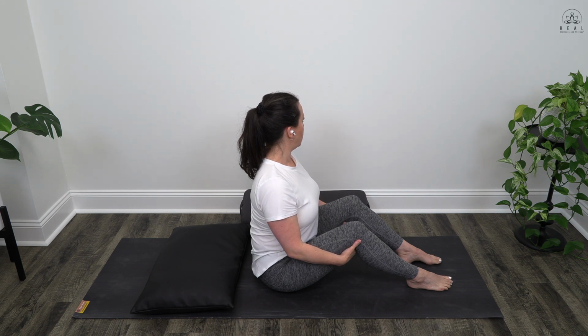Slow, deep inhale into the belly. Exhaling out. Slow, deep inhale in. And exhaling out. Now remember, keep that head rotated 45 degrees, but on your exhale, lay yourself back and over